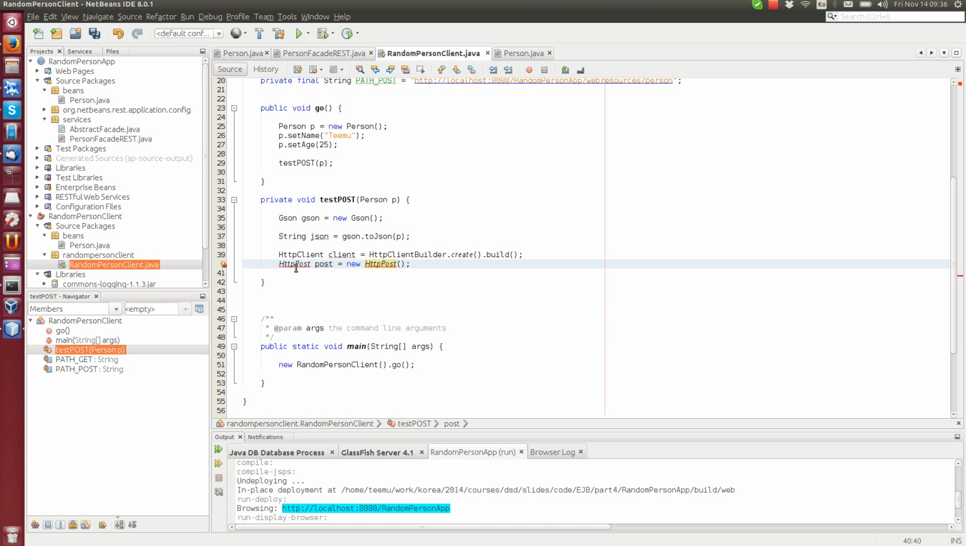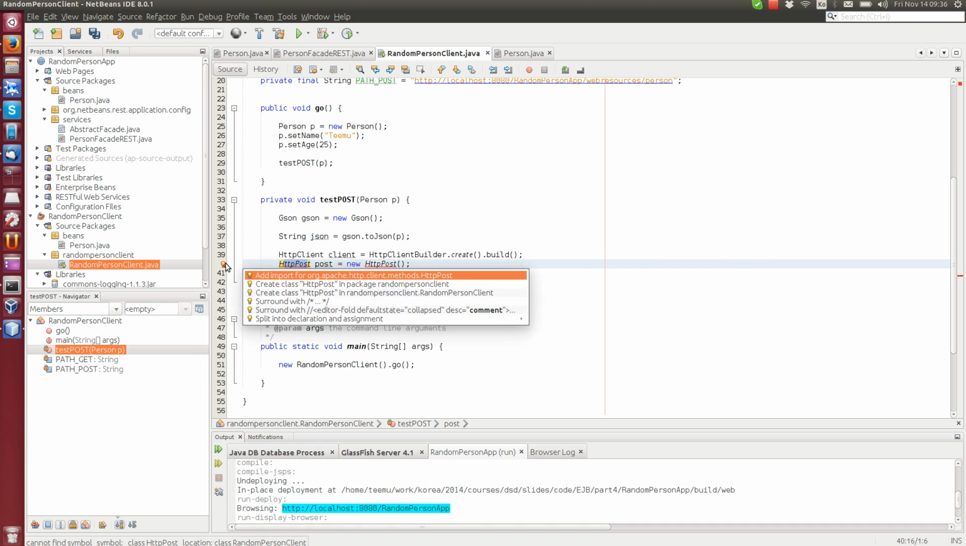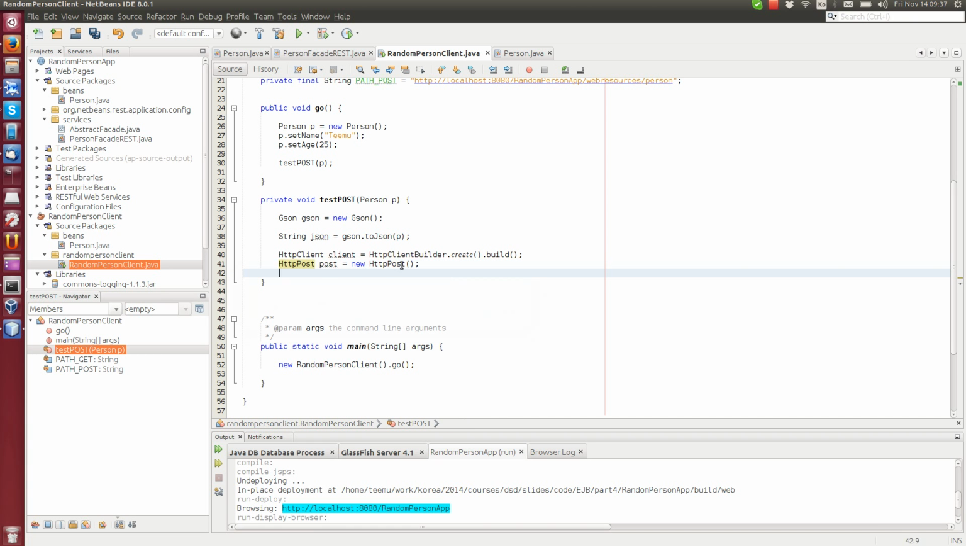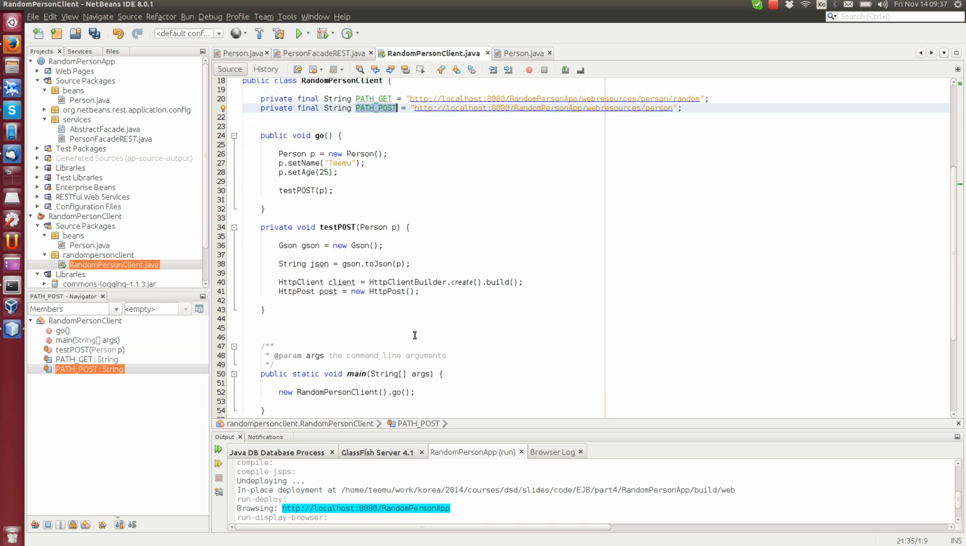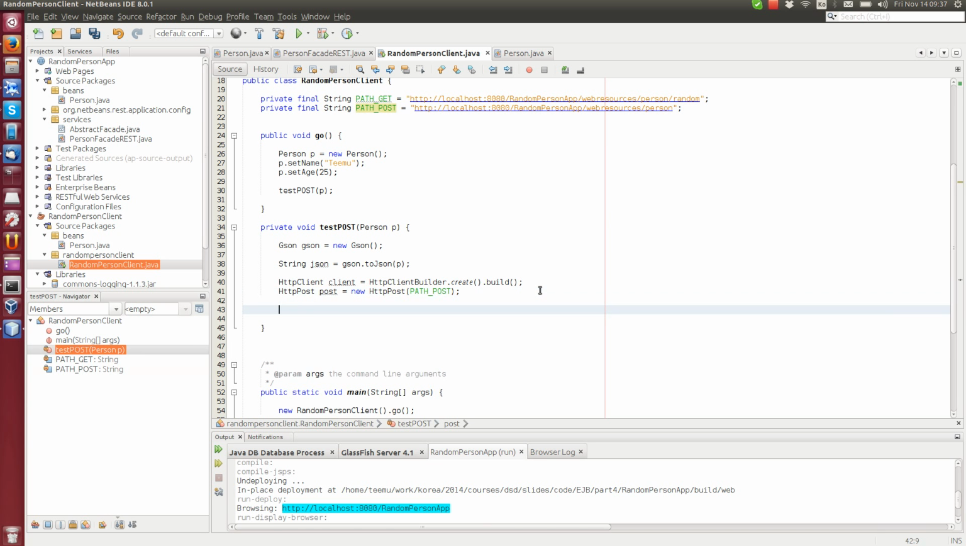When we do the get, then we of course use HTTP get. And here as input we can give the path. So we will use this post path. Okay, and then we need to tell the server what the content type is that we are going to send. What is the MIME type of the input that we are going to send to the web service. So we'll do it by writing HTTP post